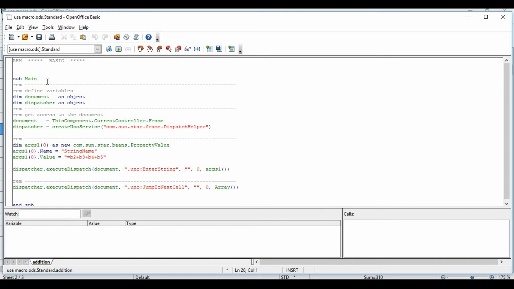If you first save your file, like name of the file and then .ods, and then you create your module, then it will save your macro with the name of the module instead of main.